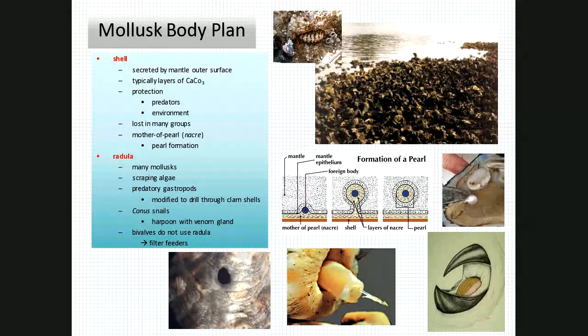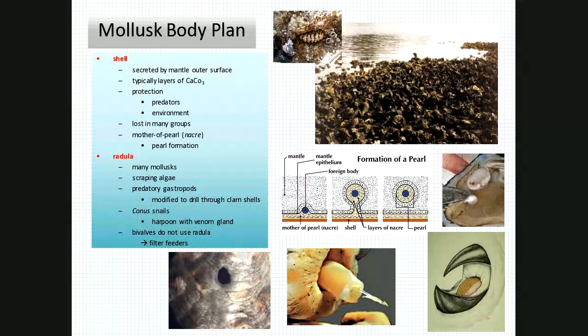Oh, the radula. This is unique among the mollusks. Not all of them have it, but only mollusks do have it. Very effective, wonderful adaptation for scraping algae. If you're an algae scraper like snails are, if you ever had snails in an aquarium, you know what I'm talking about. And modifications of a theme again.